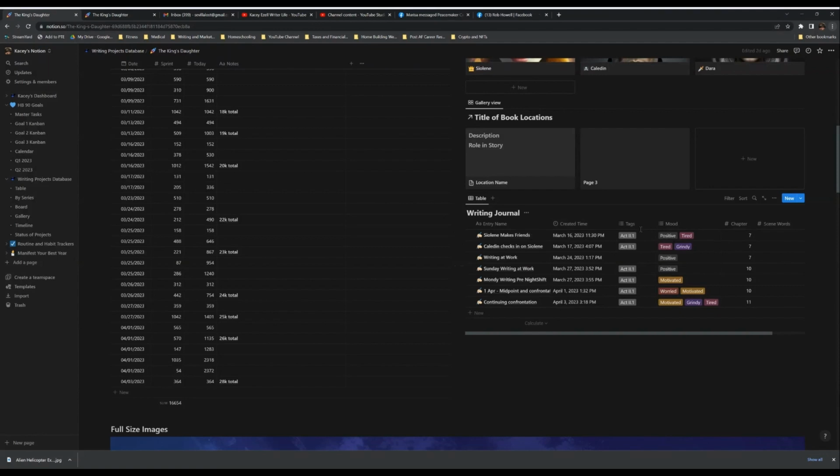so I know which day I'm working on. I have this tag here set up to track which section of the book I'm working on. So right now you can see I'm working in Act 2, Part 1. I have the 3 acts set up, and then editing and plotting are the options, and I can add more options if I need to. Just like over here in this mood section, this is another tag style property that I've set up to track how am I feeling during each particular